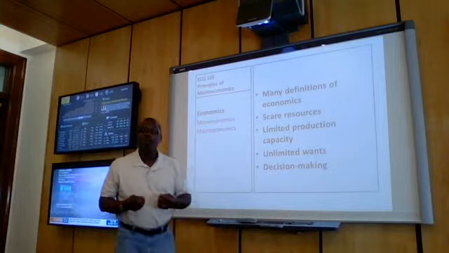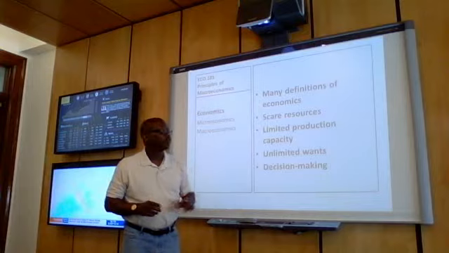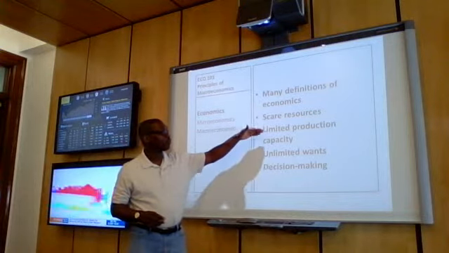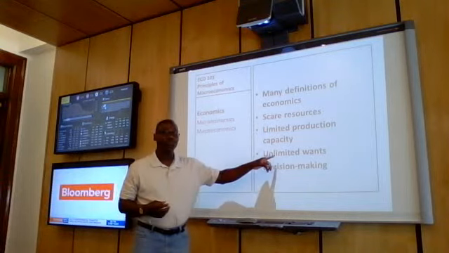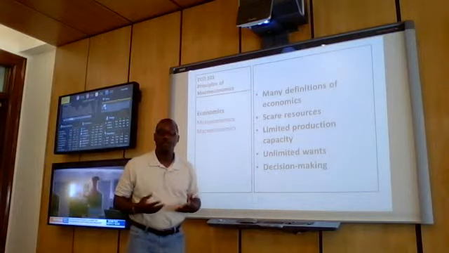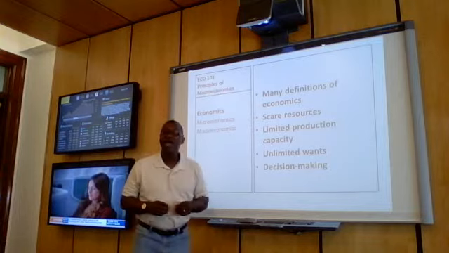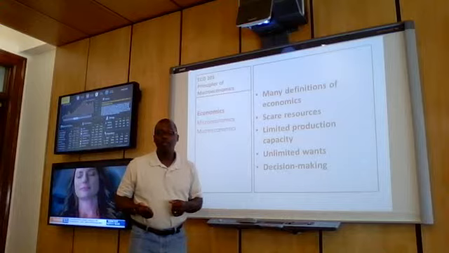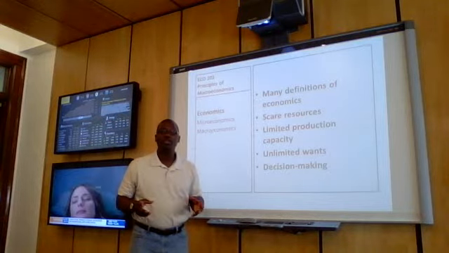And so, what drives economics is limited or scarce resources, which limits production. Therefore, society cannot meet all the unlimited wants that society has. Society has to make decisions on what is going to be produced and how it will be produced. Society then has to make several interrelated decisions: what's going to be produced, how will it be produced, and how will these goods that are produced be